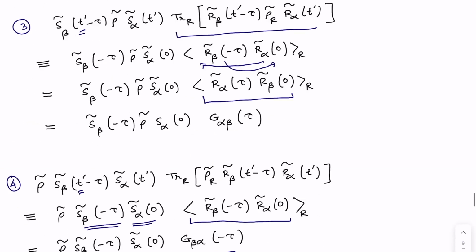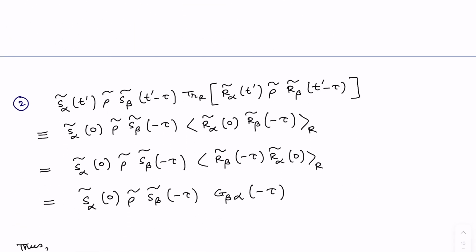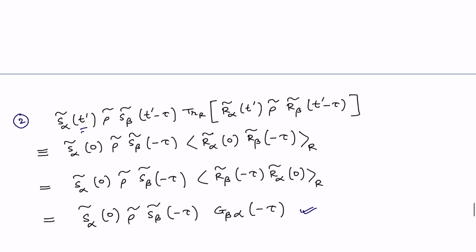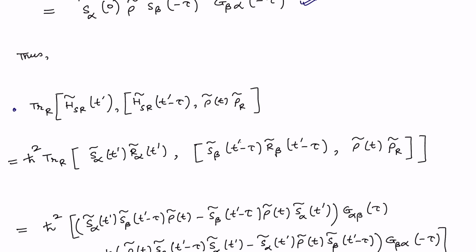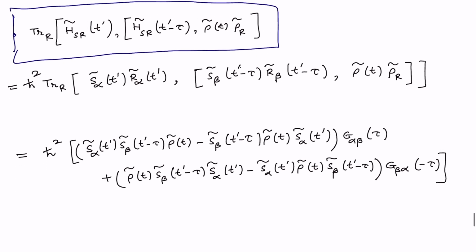And then I have this term number 2. In term number 2, again I am putting t dash equal to 0, and this is what I get, and finally I get this expression. Now all these expressions I put in the expression, and finally this is going to give me the intriguing expression. This is what we actually wanted to simplify. This expression we finally obtain as this.